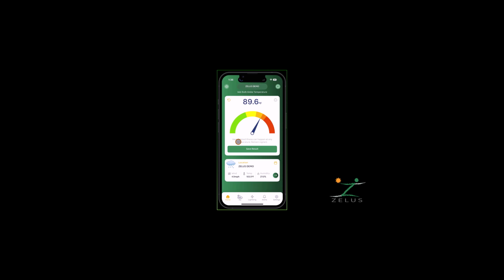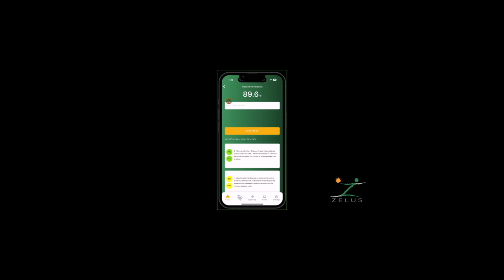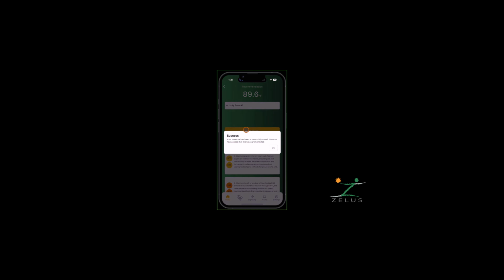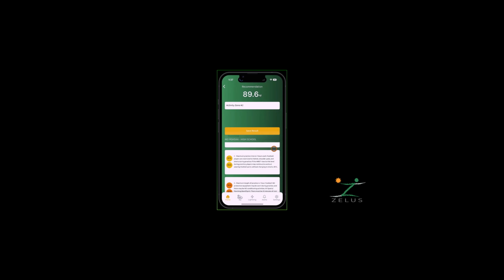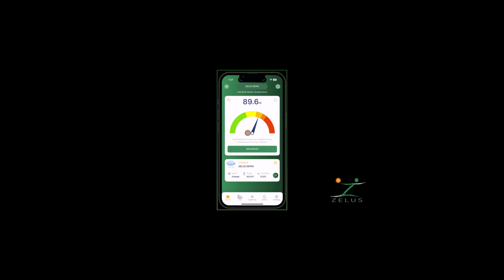You can easily track and store your data for risk management purposes by pressing the Save Result button below the color gauge. In the Select Your Action tab, select your activity zone, which in this case is Activity Zone 2. Hit Save Result again. Your data is now saved to a secure location in the cloud. It is accessible for future use in the same Management tab, which I'll point out a little later in this